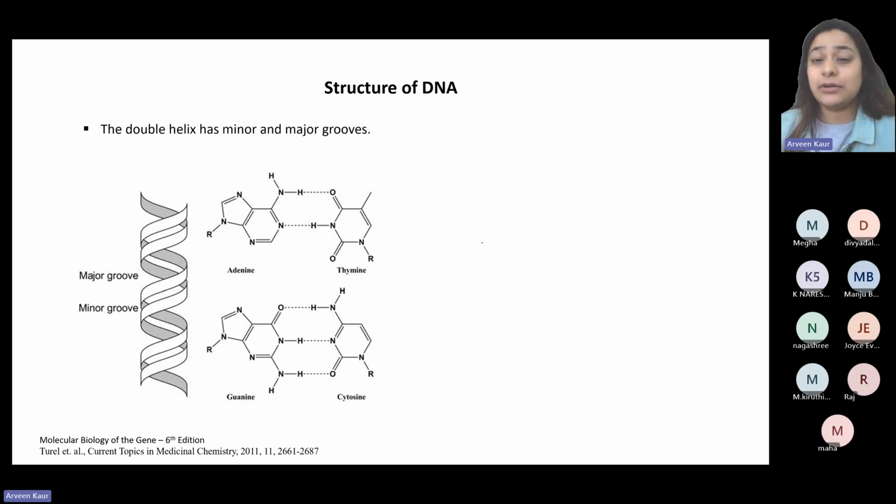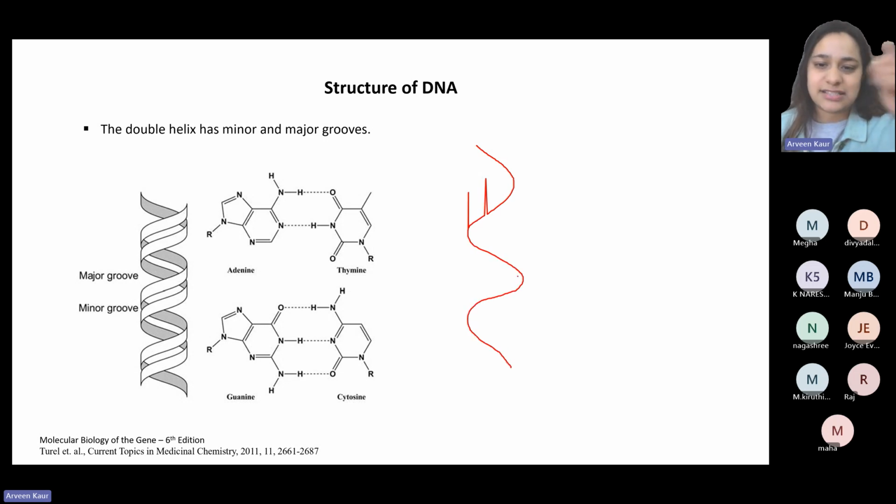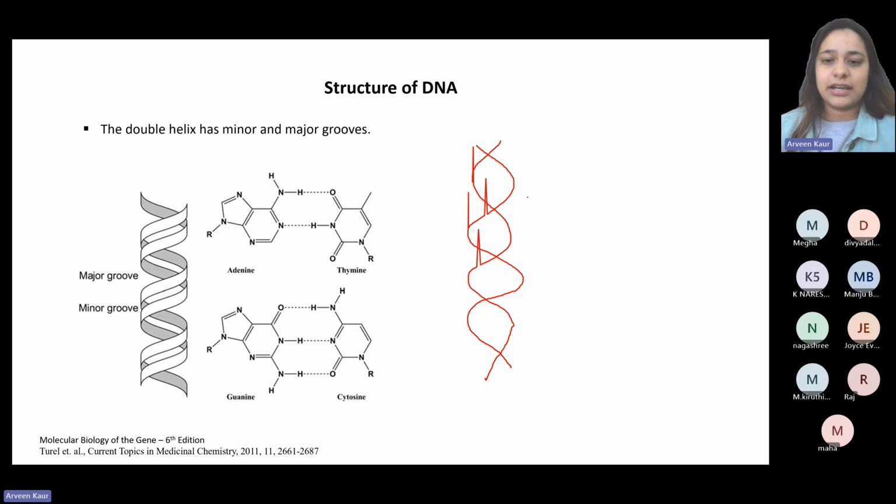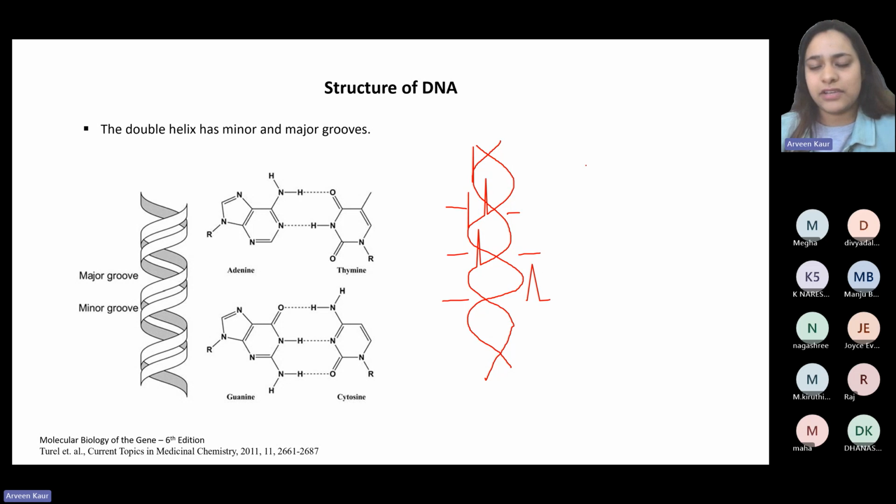Although there is that A kind of DNA that almost has equal major and minor grooves. Why does it have equal major and minor grooves? Please ignore these spikes that are going off. Because A kind of DNA looks like this, right? So over here, this groove, they look similar because the angles that they are presented are very, very similar. But the most common kind of DNA that we talk about is B form of DNA, like the one that has been drawn over there.